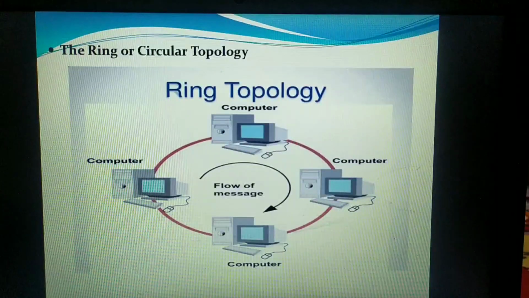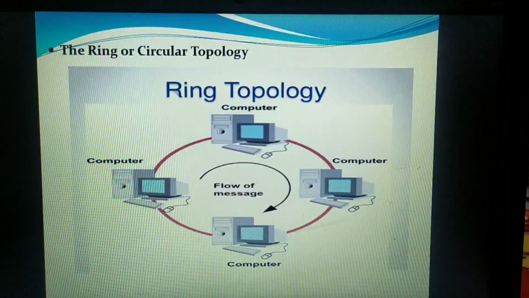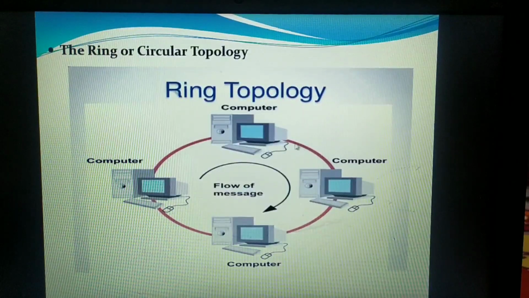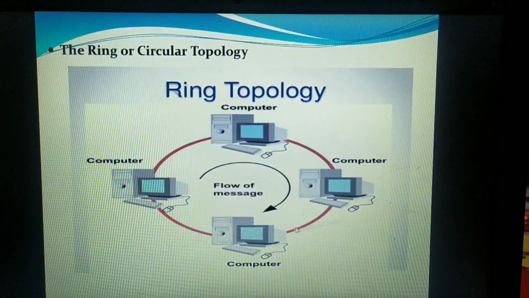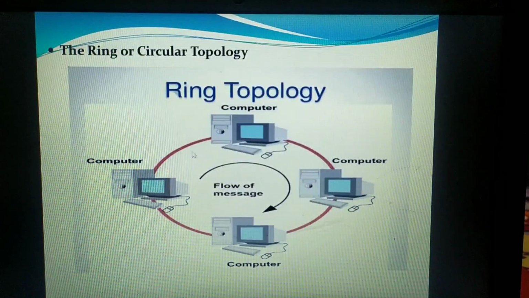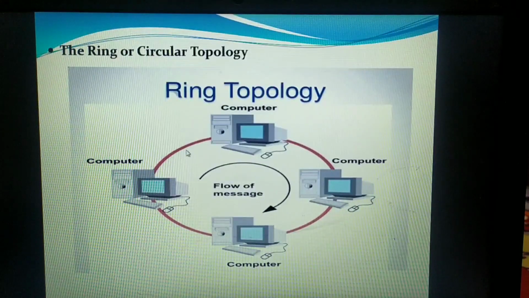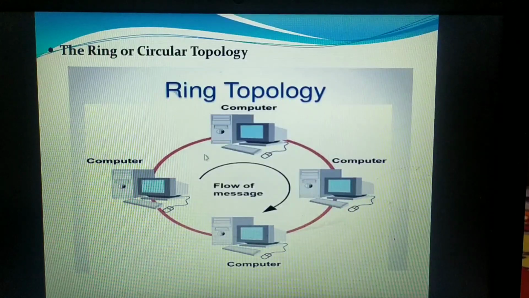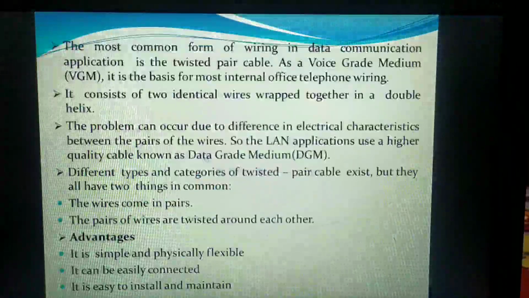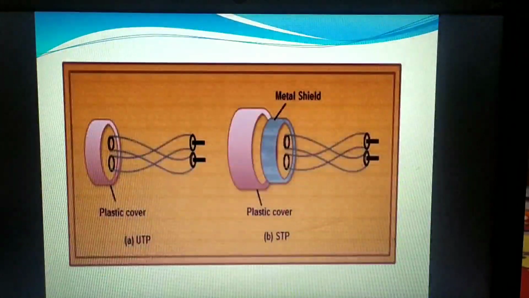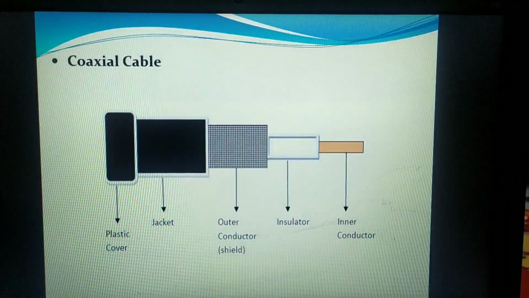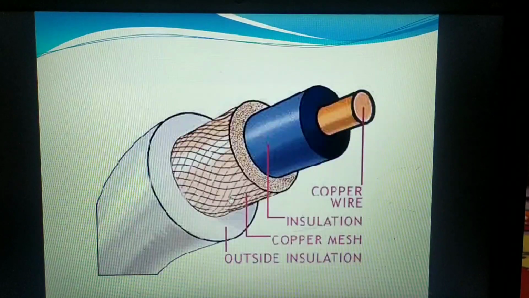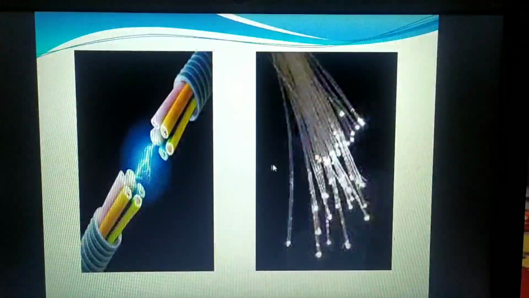The first one is short cable length. That means you can see we are using very short cable length, and the cable might be coaxial cable or fiber optics. Coaxial cable is the cable which we use in TV cables, and I'll just show you the fiber optics cables. Now this is coaxial cable. This is the cable which you use in the TV cable, and this is the fiber optics cable.